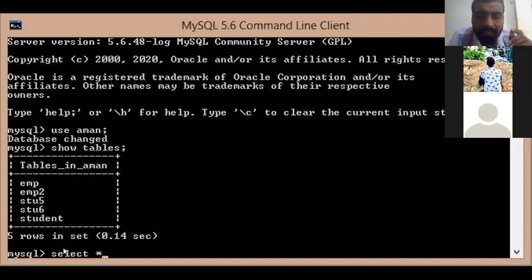Select all from the table, display all. So select all from, now write the table names separated with comma: EMP, comma, EMP2. These are the two table names. Now put semicolon. This is a very simple join. It is called Cartesian product. The entire records from both the tables will be fetched, joined and then displayed before you.